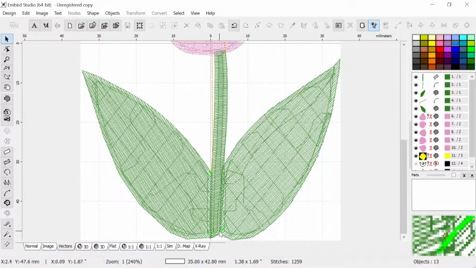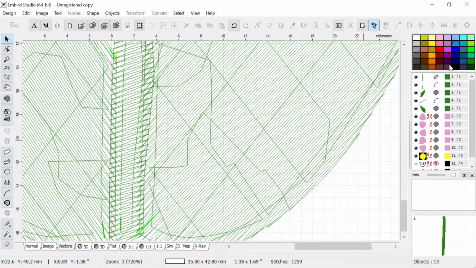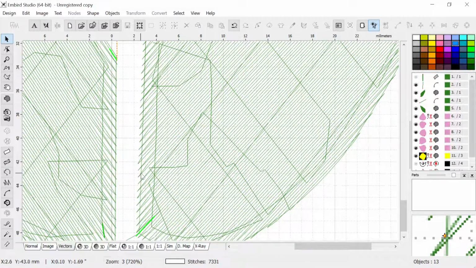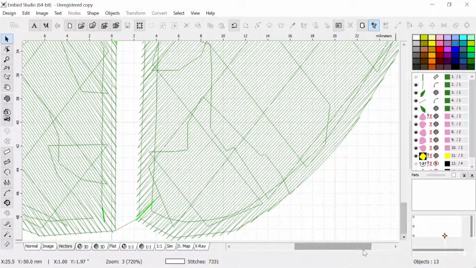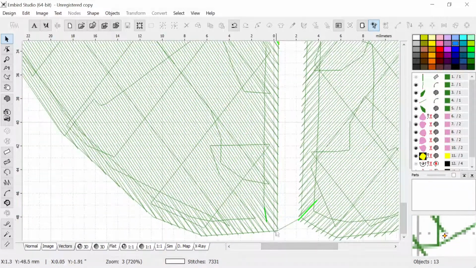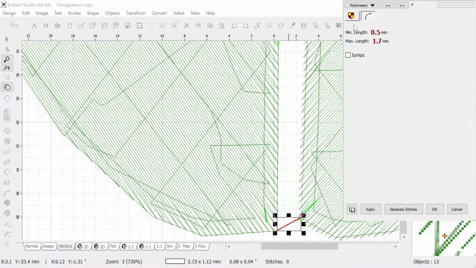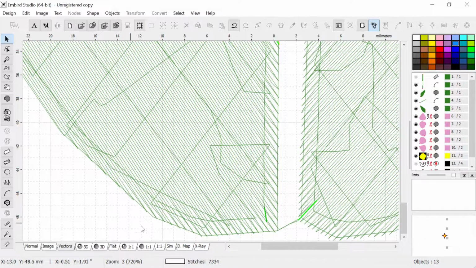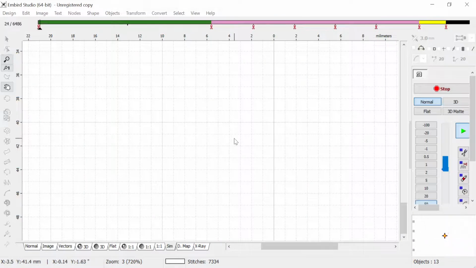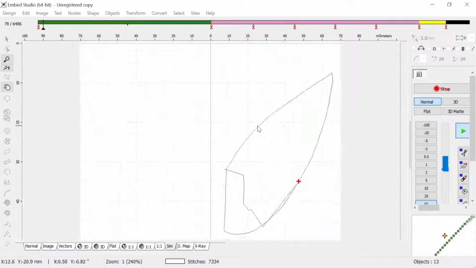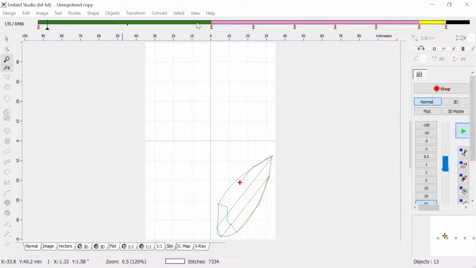Now the connection is right beneath them, so if I hide that, the connection is right beneath here, and then when you sew the outline, it's going to be over that connection. So there's a connection generated stitch, and it's going to be beneath that. So now if we go to the simulation, zoom out, so you see there's no jump stitch in the green, but we have